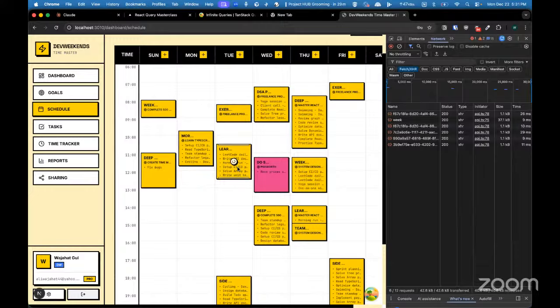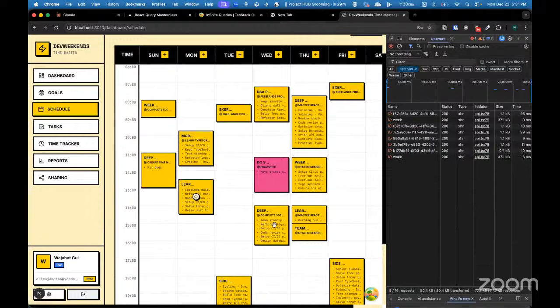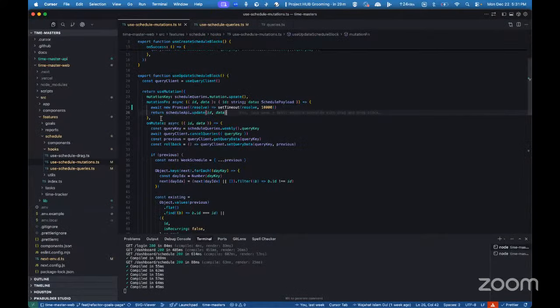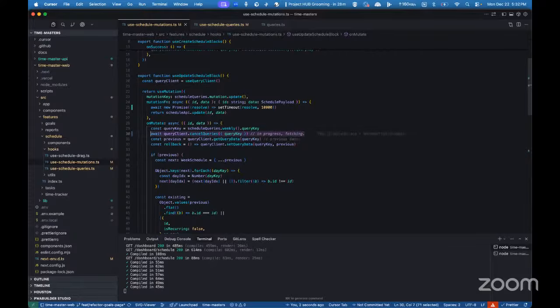ये लोडर ना भी होता, अगर लोडर हम ना डालें तो आपको नहीं पता चलता कि अपडेट हुआ या नहीं, राइट। और फिर ये भी उसी तरह सेम ऑन म्यूटेट फंक्शन में हम क्या करें, क्वेरी क्लाइंट की cancel queries, वीकली की क्वेरी की। और ये हम कह रहे हैं कि अगर कोई भी पहले क्वेरीज इन प्रोग्रेस हैं, फेचिंग जारी है, तो उसको कैंसिल कर दो, राइट।